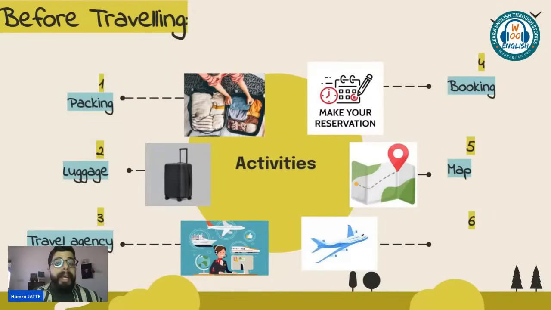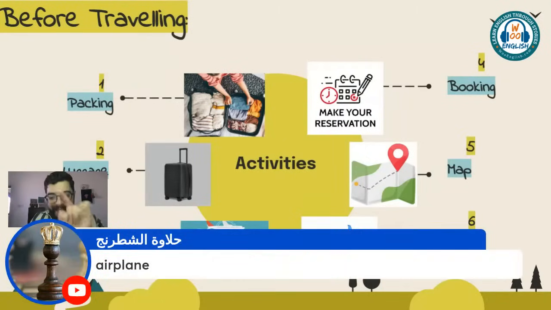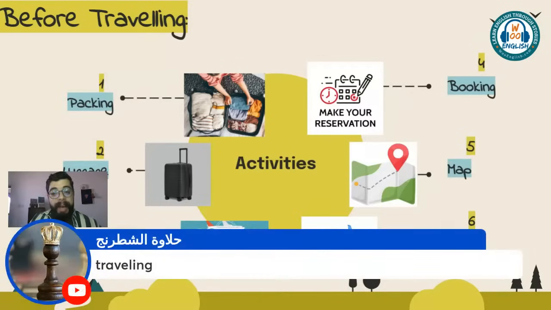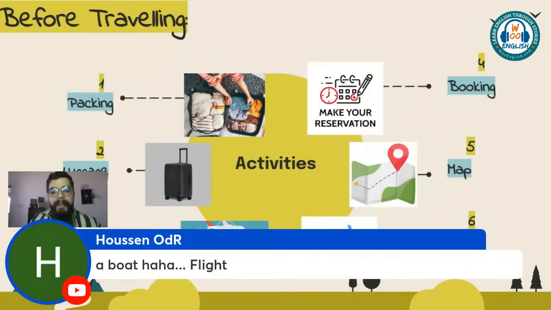But by the way, I don't mean the means of transportation. I know that's an airplane. So I will just spoil it for you guys. Okay, that's an airplane. So I'm not talking about the means of transportation. You got it correct as well, airplane. But I'm talking about the journey by airplane. What do we call it? When you travel by airplane. Okay, traveling. I mean, you are getting close.